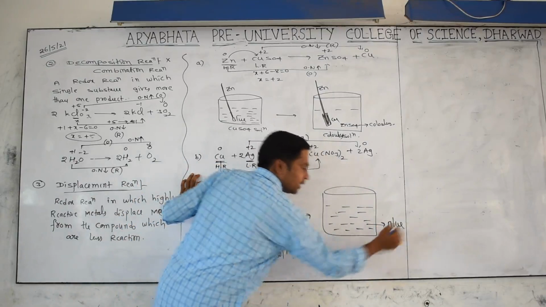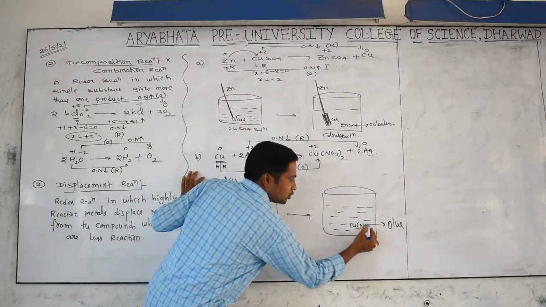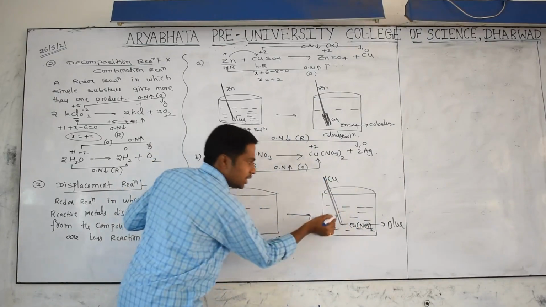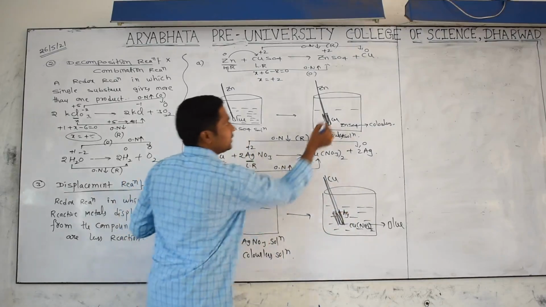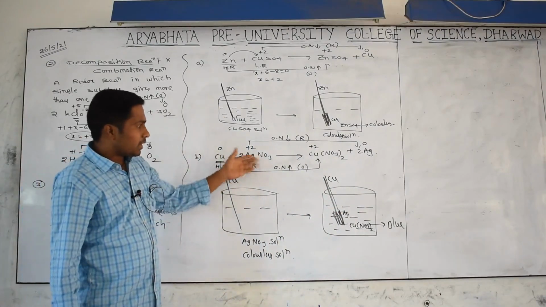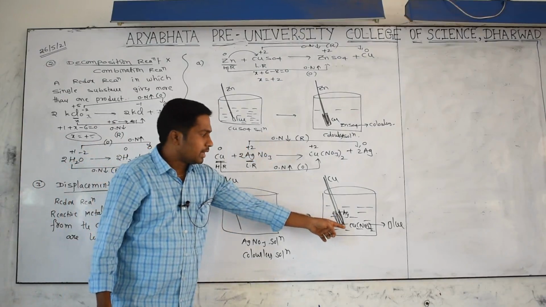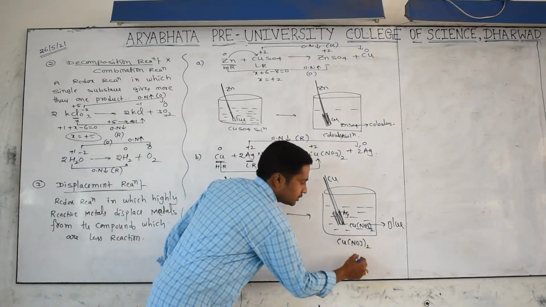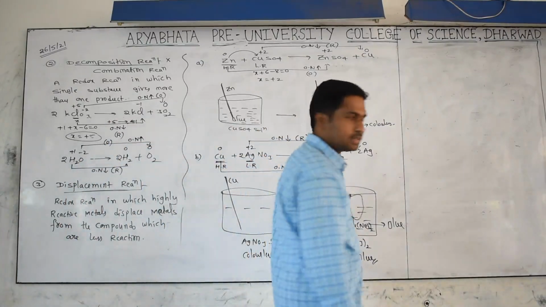Why are we getting blue color? Because of the dissolving of copper. So it is nothing but copper nitrate solution, and what will be here is nothing but the copper rod. On the copper rod, silver will be depositing. This is the Ag layer, this is the copper layer. So what is happening here? From the rod, the copper is undergoing displacement with the silver ions in the solution. Automatically the solution is becoming copper nitrate. Because of copper ions, it is in which color? Blue color solution. Anyway, displacement is happening here. All of you understanding? Yes.